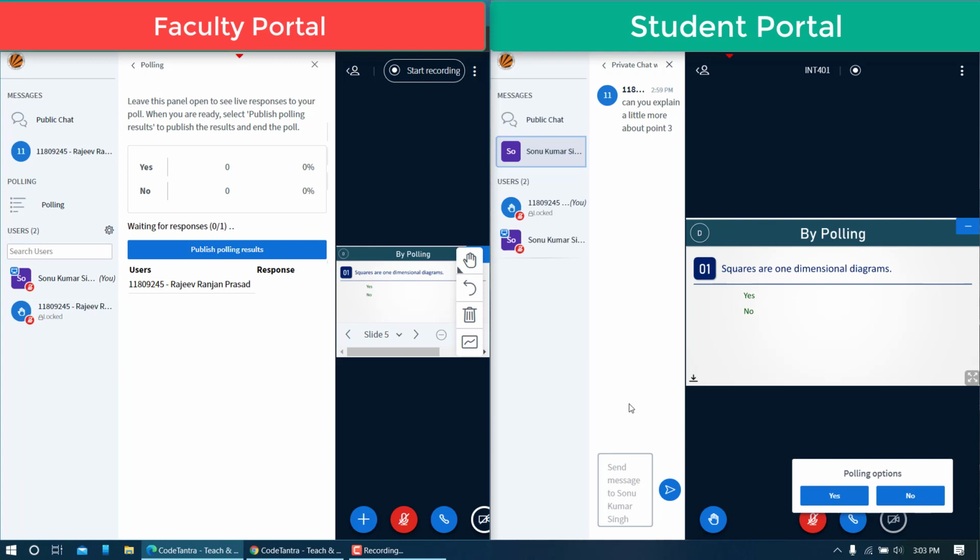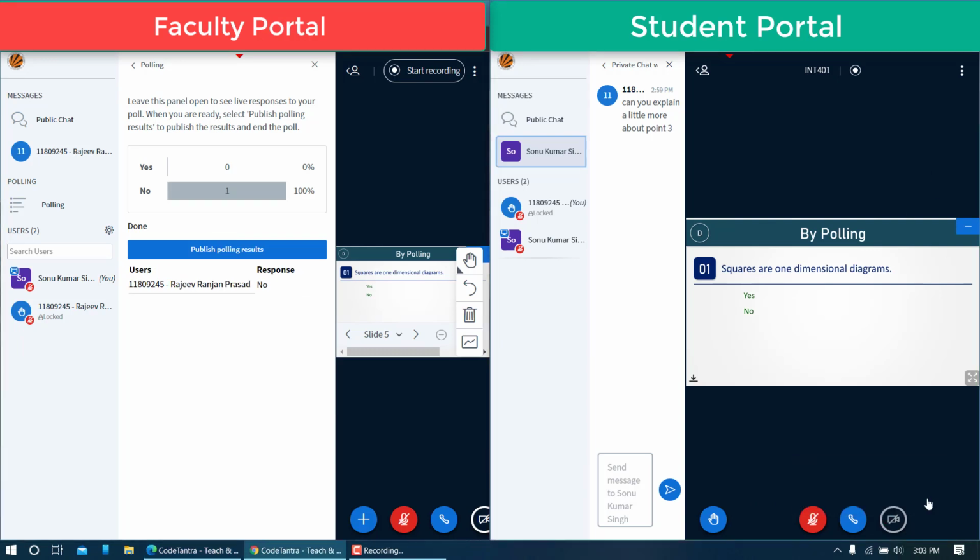So the moment I click on no, the same will appear here, and at this point of time, you can see none of the students has participated and there is only one user in this particular list, and the teacher is waiting for only one response, and this is the user who hasn't responded. So under the response you can see this is blank. So let us say I'm going to select this no option. You can see the count gets updated in the teacher account, and in front of the username the teacher gets a response.